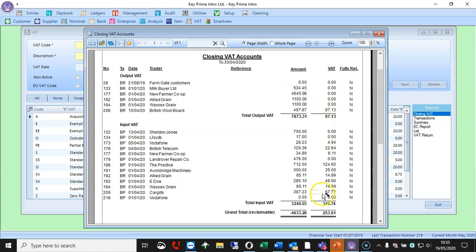Anything else that's got VAT on it, unless you know you've edited it, it should have a more current date. So it's just a health check to make sure that we're happy with everything is in the current year, and that you know that it came in after the last VAT return for this period.